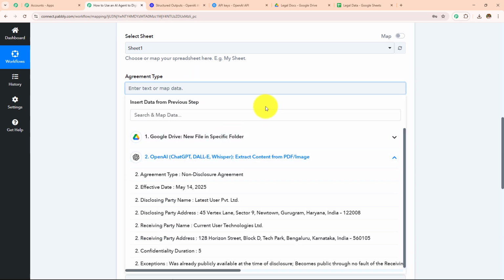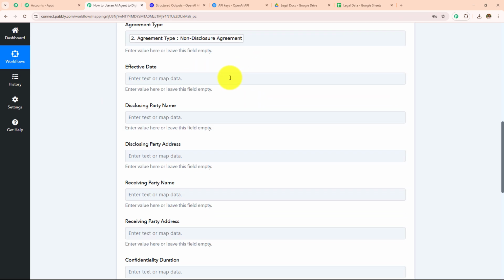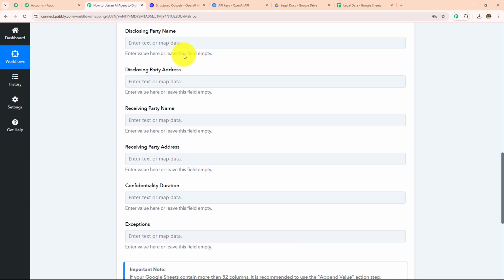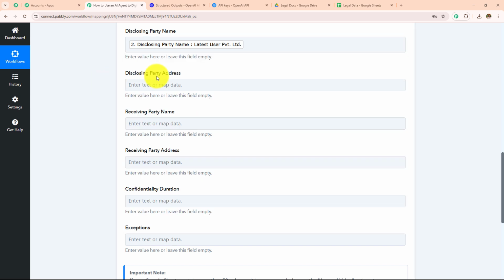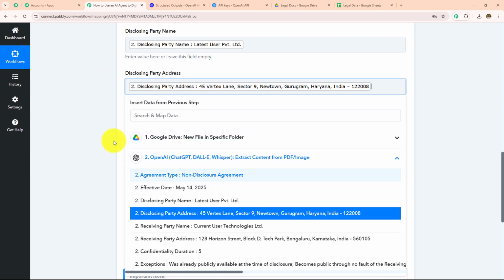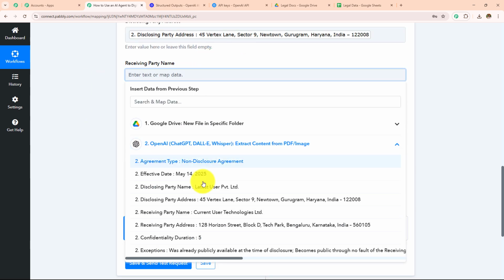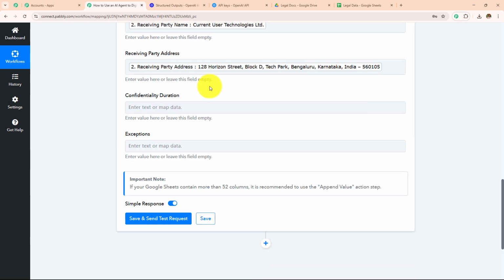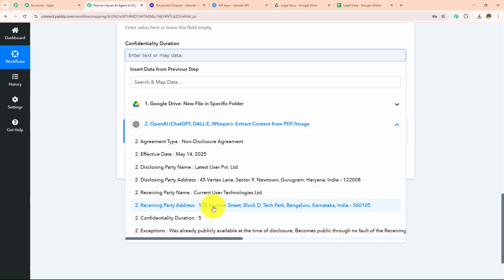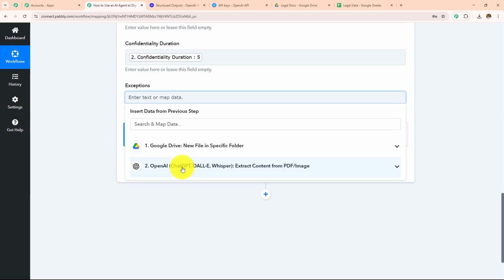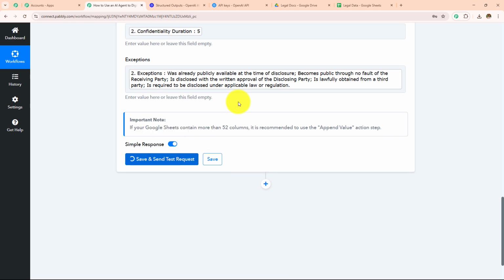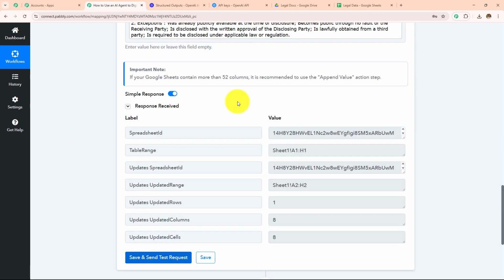So I have received the response from my OpenAI. Agreement type is non-disclosure agreement. Then the effective date is May 14. Then the disclosing party name is latest user. Disclosing party address is this. Then the receiving party name is this, current user, and the receiving party address is this. Then we have the confidentiality duration is this, and the exception was this. After adding all these details, I'm simply going to click on save and send test request,